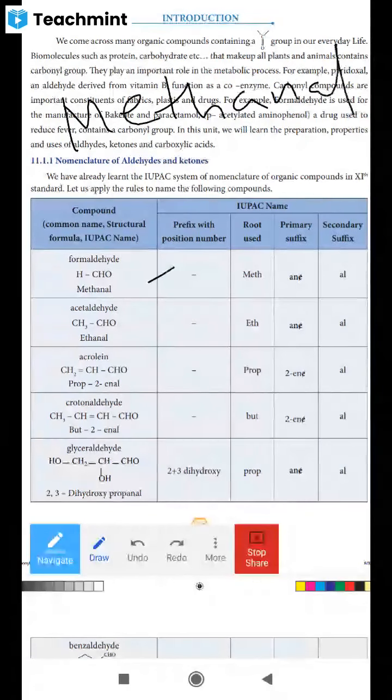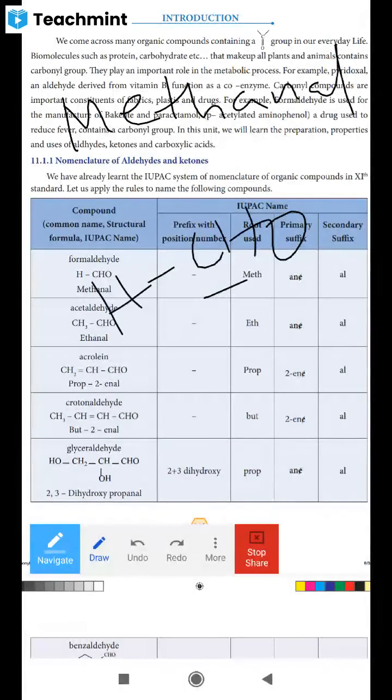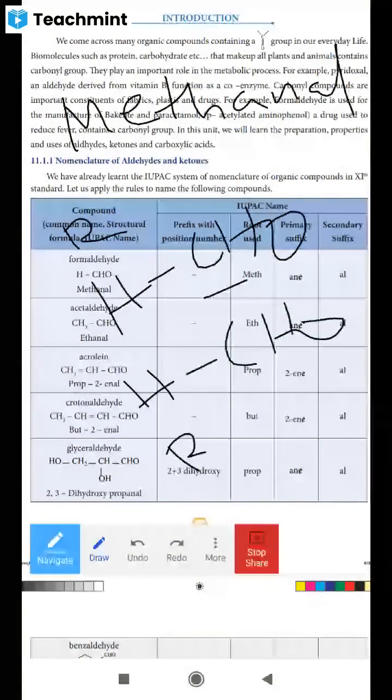If you need methanal, the functional group is already CHO, so one carbon is here itself. Here you have to give H. Then only you will get methanal. If you give R here, another carbon will definitely come. So the first member is HCHO. Second, third, fourth members will contain R. Is it clear for you, students? Yes, ma'am.